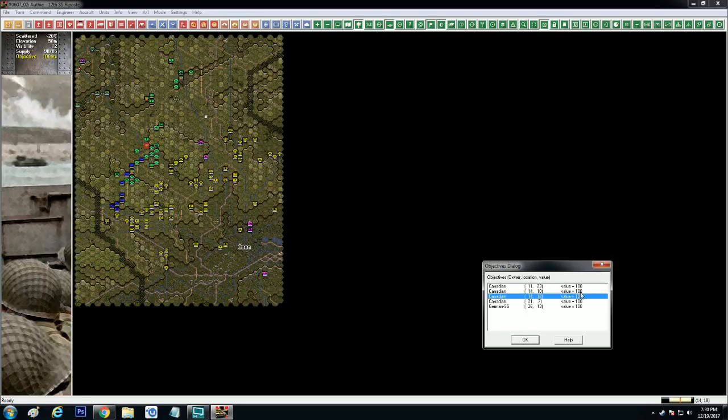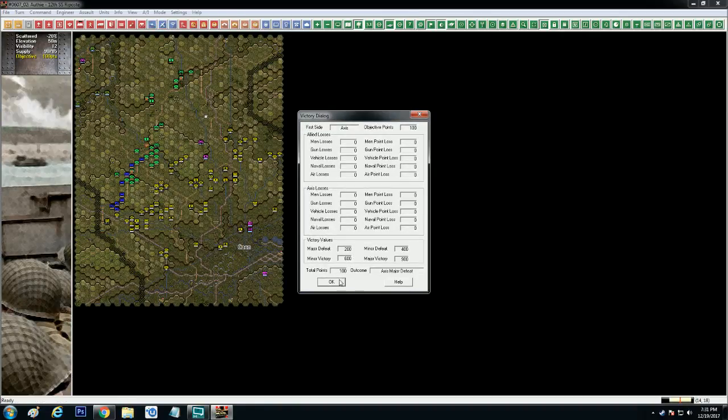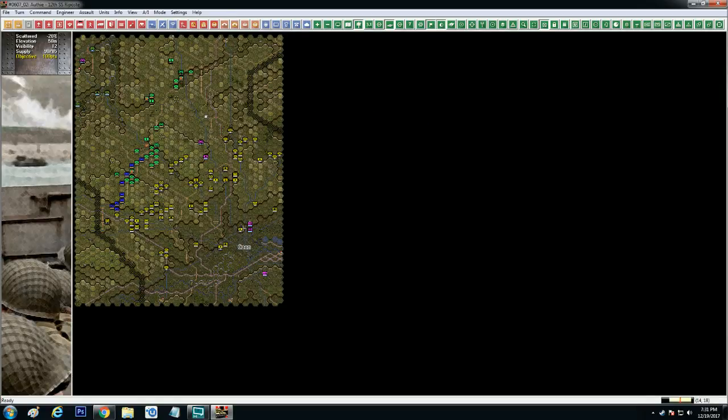But you notice that only adds up to 500 points. 2, 4, 5, right? So we need how many points for a minor victory? Again, we need 600 for a minor victory, which means we have to get all of the objectives, which are worth 500 points, and then we have to kill 100 points more of the enemy than